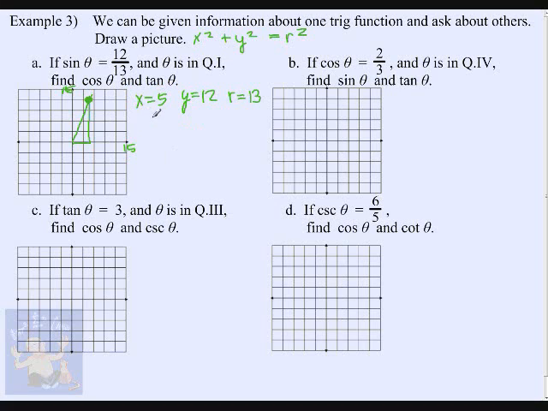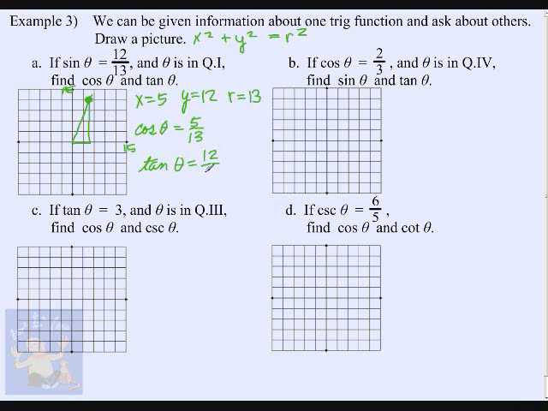So with this, we can do all our functions, can't we? We're only being asked here in this example to find the cosine of theta. Cosine of theta in this quadrant, the first quadrant, all of these are positive. The cosine of theta will be 5 over 13. The tangent of theta will be y over x,